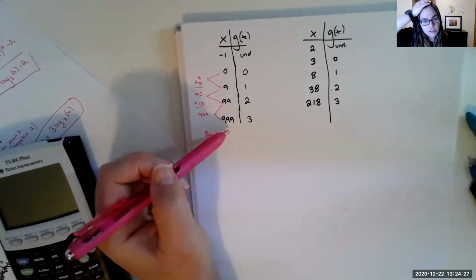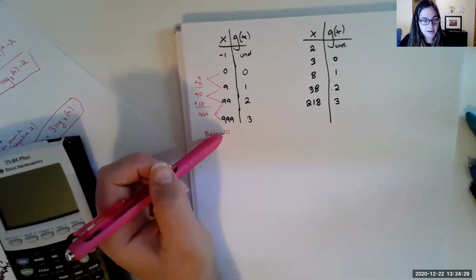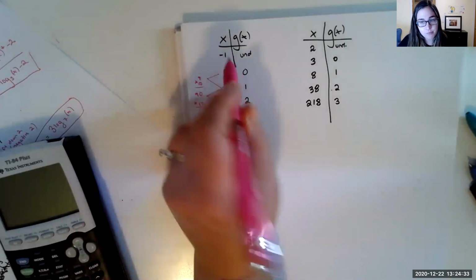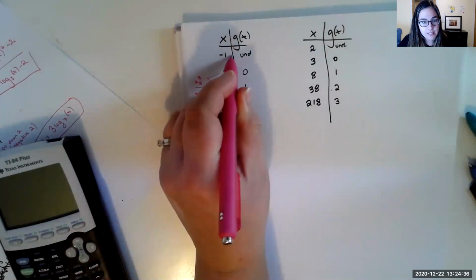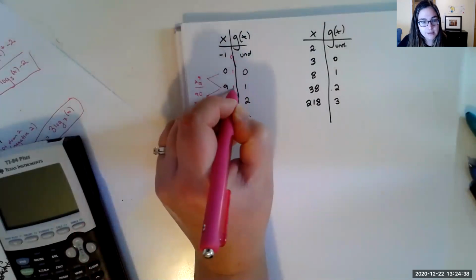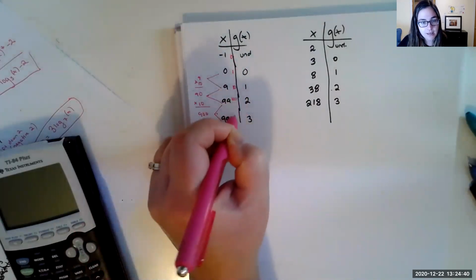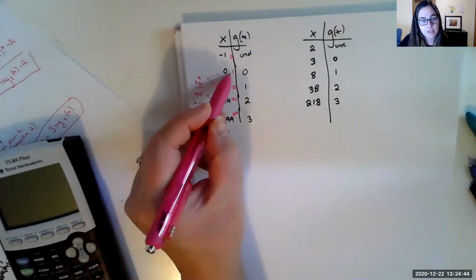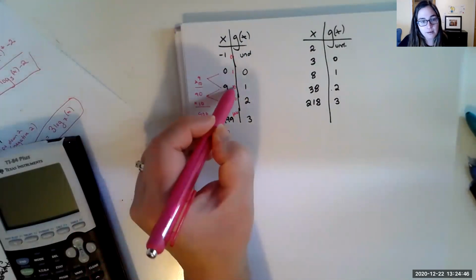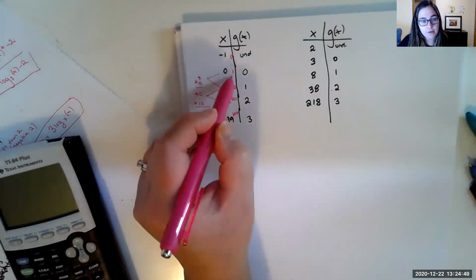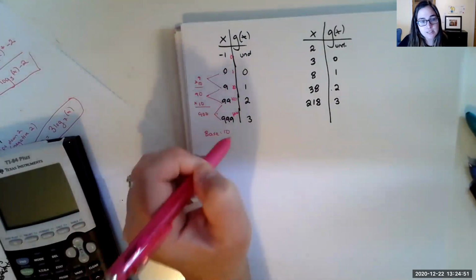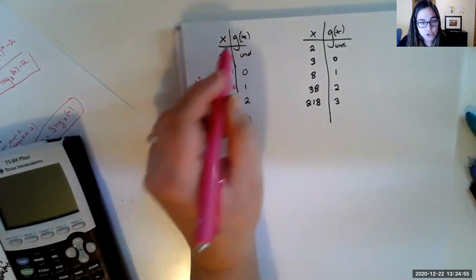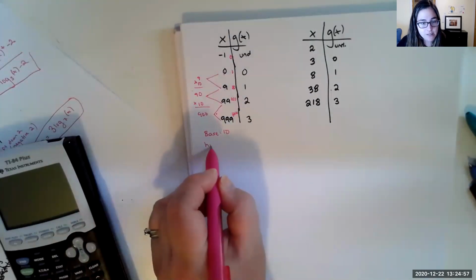So if the parent function was base 10, that would mean that the original x values before the transformation would be 0, 1, 10, 100, and 1,000. So what's the shift, right? Each time we're taking away 1, right? We're going from 0 to -1, 1 to 0, 10 to 9, 100 to 99, 1,000 to 999. So what this g of x represents is a horizontal shift